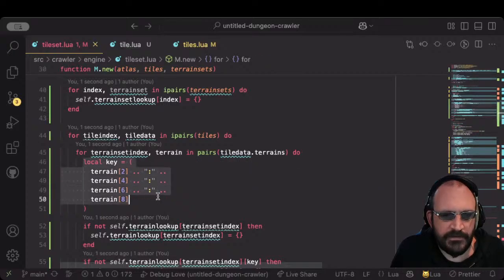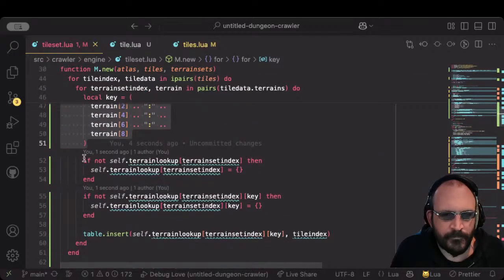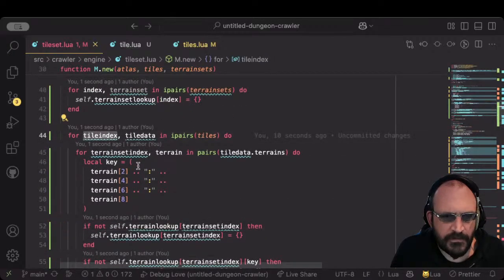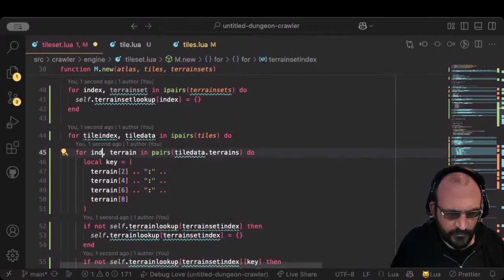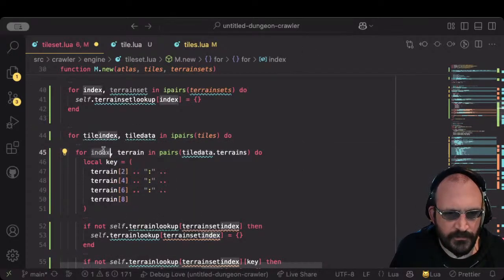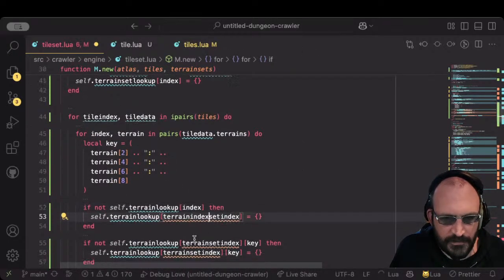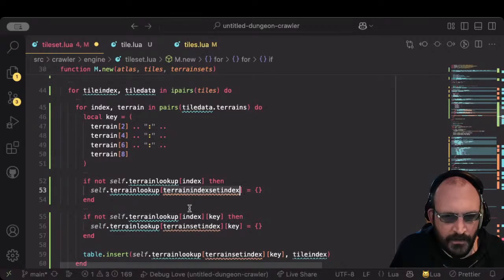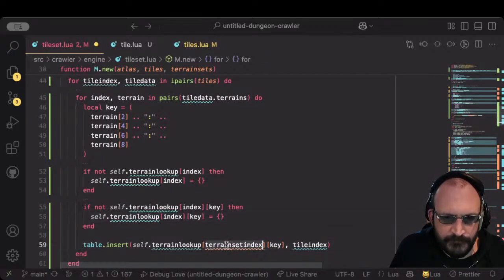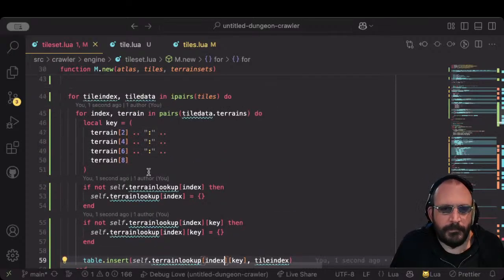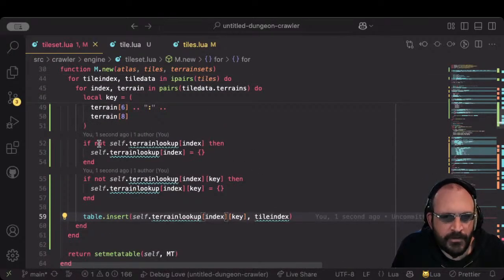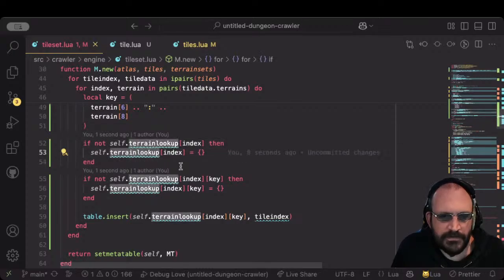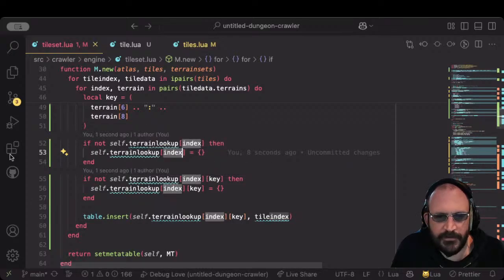Okay, so we've got our key. We've got our index. This is too wordy. There we go. So if no table for the terrain set index exists, then we create one. And